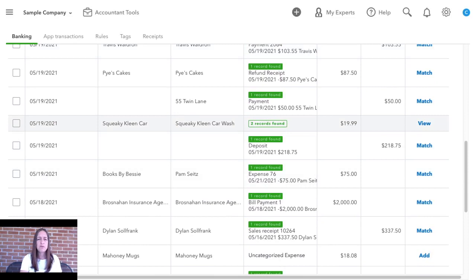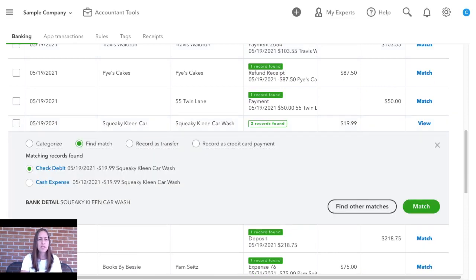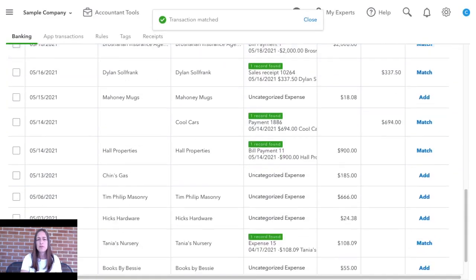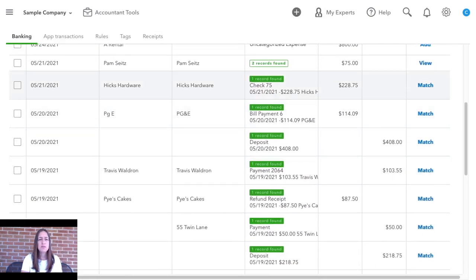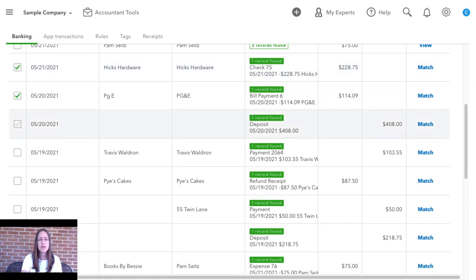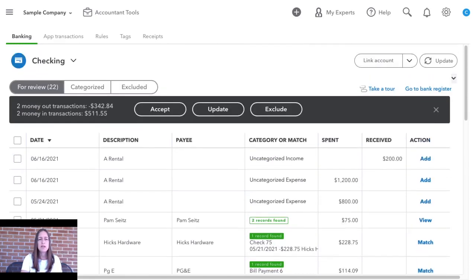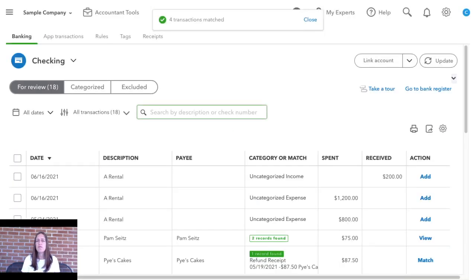So they will have suggestions. This one has two suggestions. Hey, there was a check and an expense. And when you look at these, I'm going to look at the bank date, which was 5/19. So we want to make sure it matches the actual expense in the register on 5/19. So that one is correct, and you can hit match. Okay, so those are the different options. And to make this super easy, sometimes you can look at this and be like, okay, 5/21, that was a check. Yes, and you can check off these little boxes over here on the left. Check, check, check. Oh, those are all correct. We are so excited. And then at the top, you just do accept,